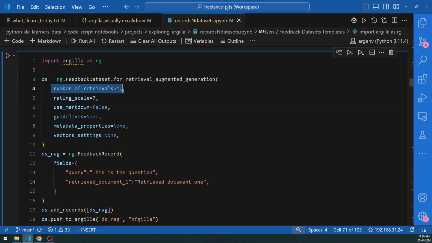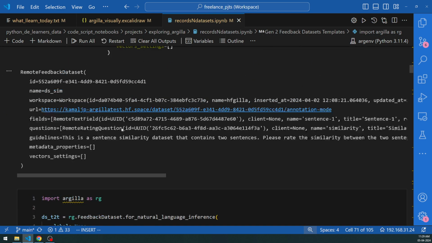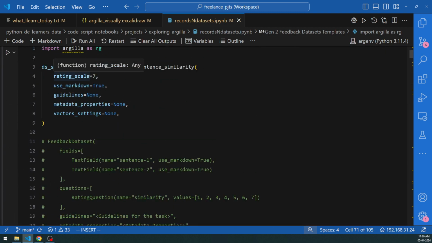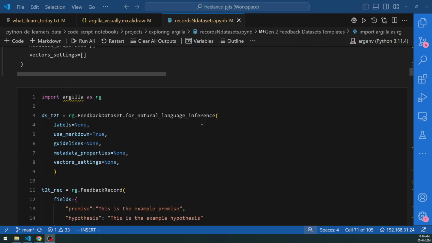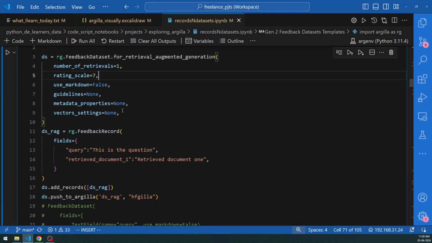So you are going to tell how many retrievals you want. That is the first thing, and you need to again give a rating scale. Here it's a rating scale which is very similar to what you saw in the sentence similarity. If you go back, you will see there is a rating scale. The same kind of rating scale we are using here also. Continuing, if you scroll down right now and execute this particular cell, you'll be creating the feedback